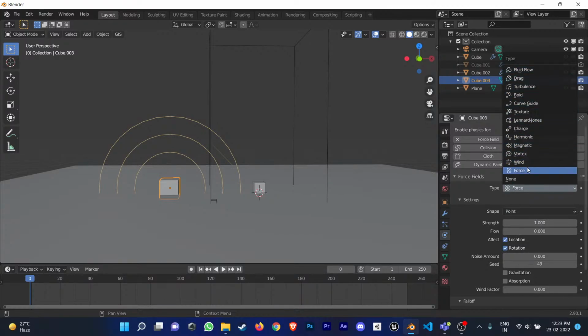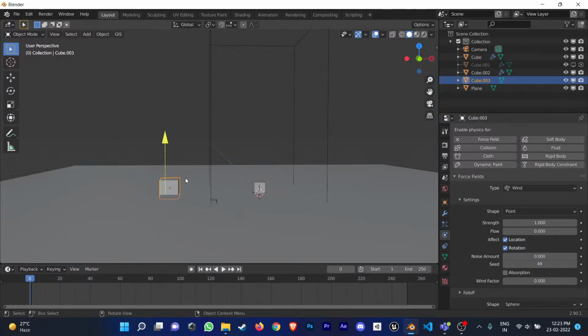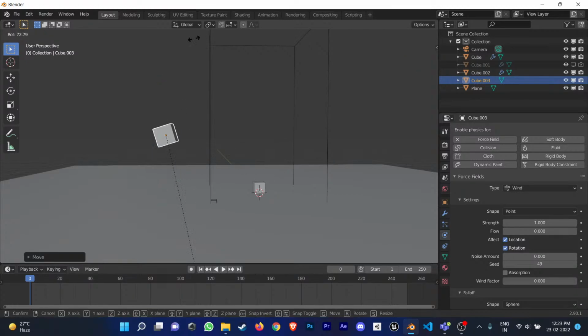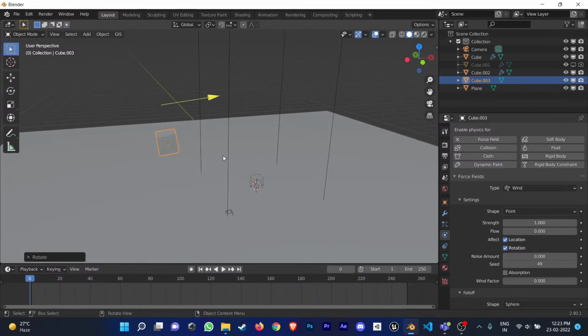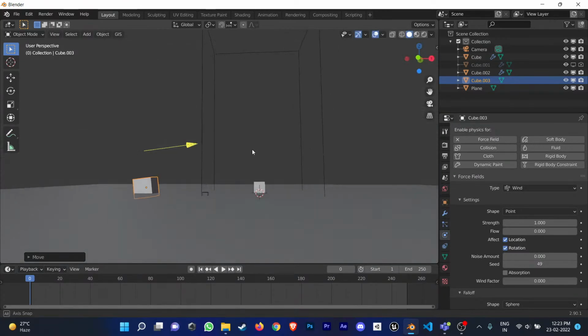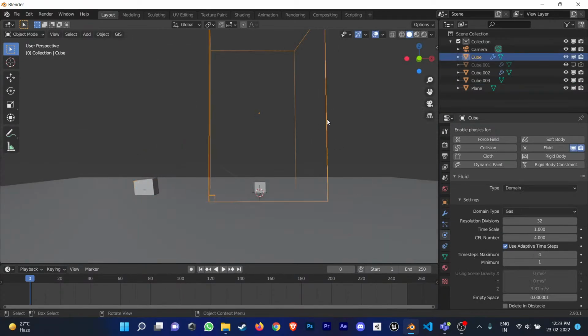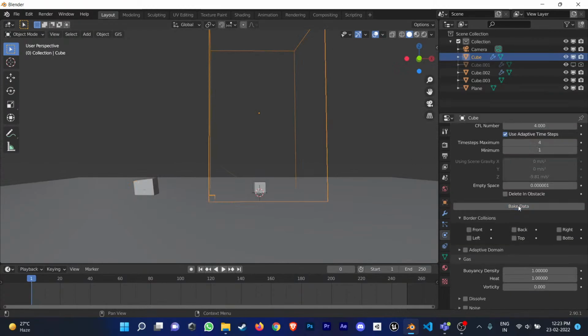Okay, let's just do force. Instead of force, we will use wind. We will use wind. It will be more clear to see. Let me just show you. And if we click on domain and bake the mesh really quick,